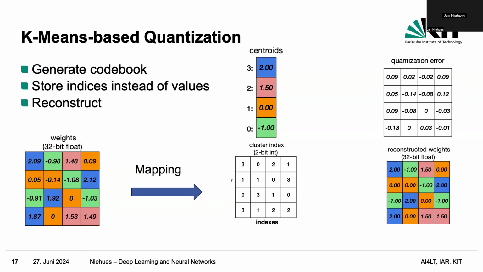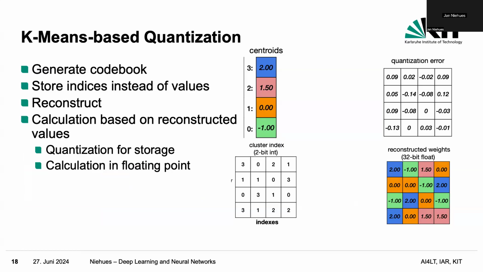So there's now a 2, and there's a -1, and so on. You always take the centroid value and replace it with your index. And then you can take the difference, and then you have up there the quantization error. And of course, this is now the aim. We need to find a way where we can hopefully have a minimal quantization